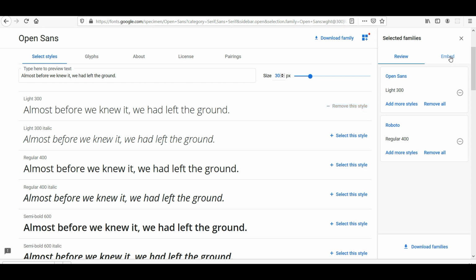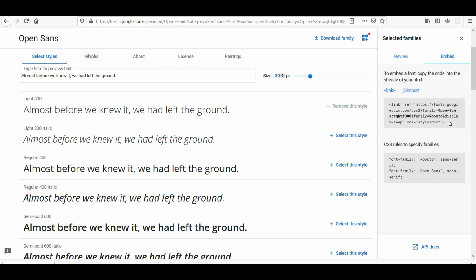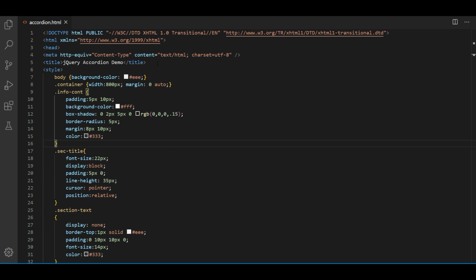Now click on embed. You will get the URL of the CSS file to use the font. Let's copy, paste here.